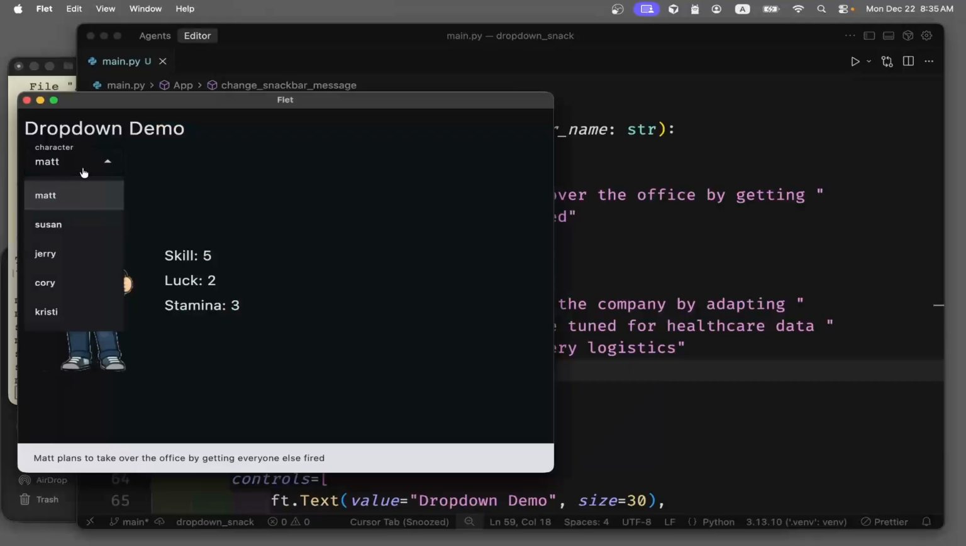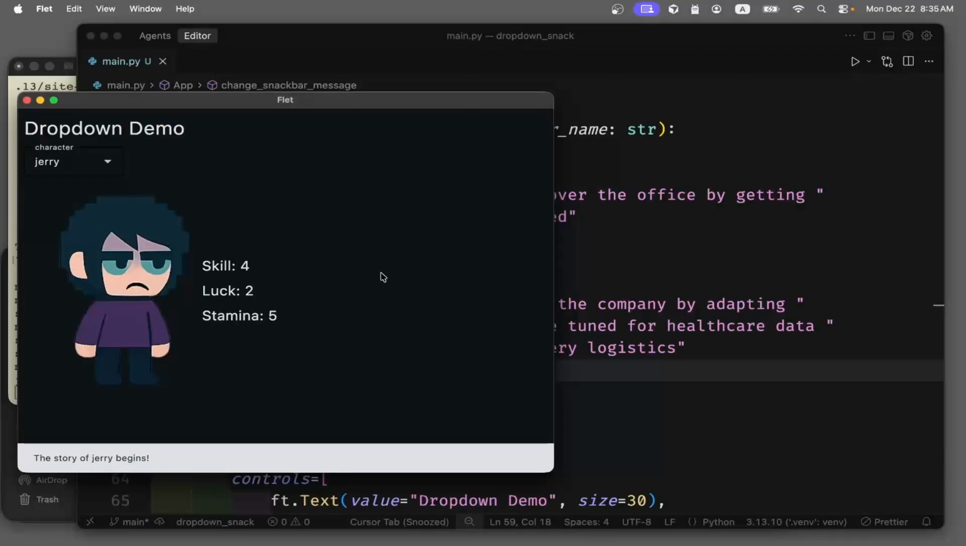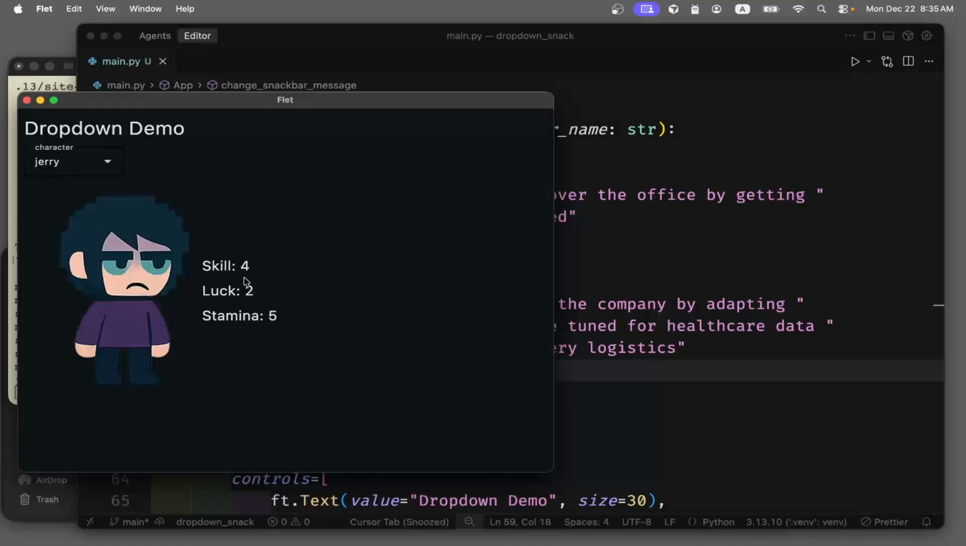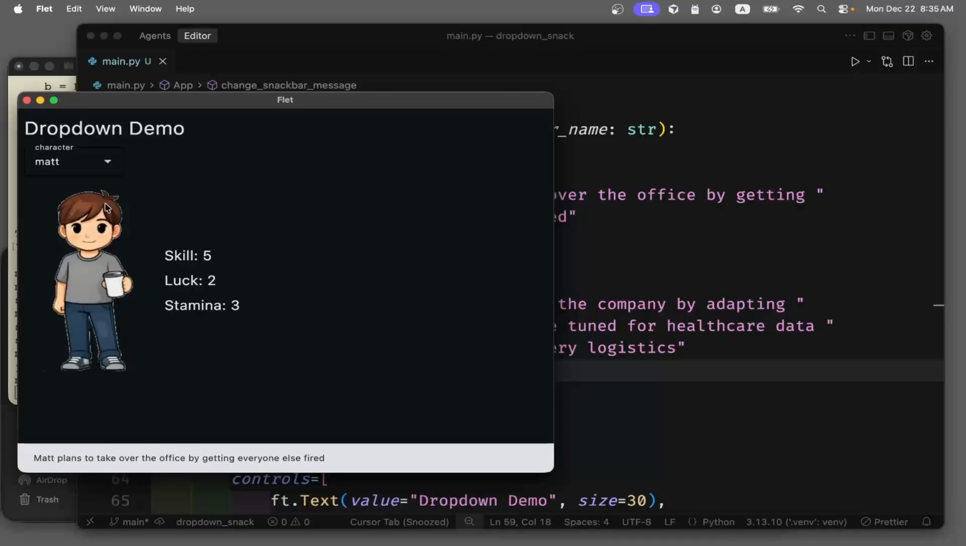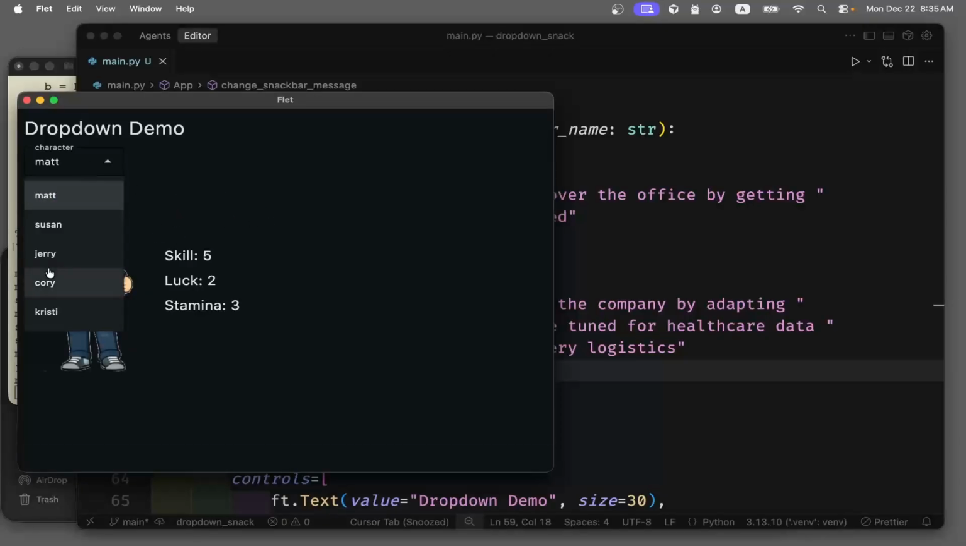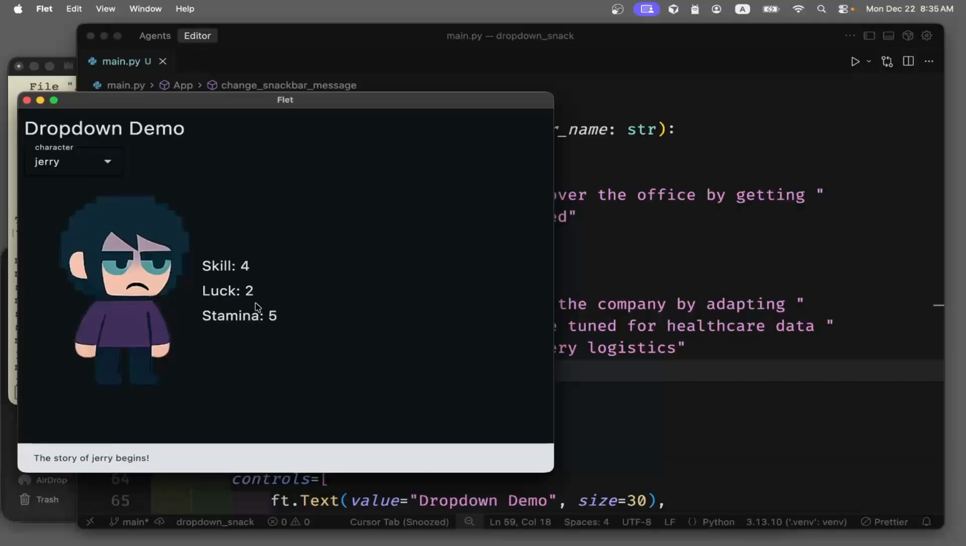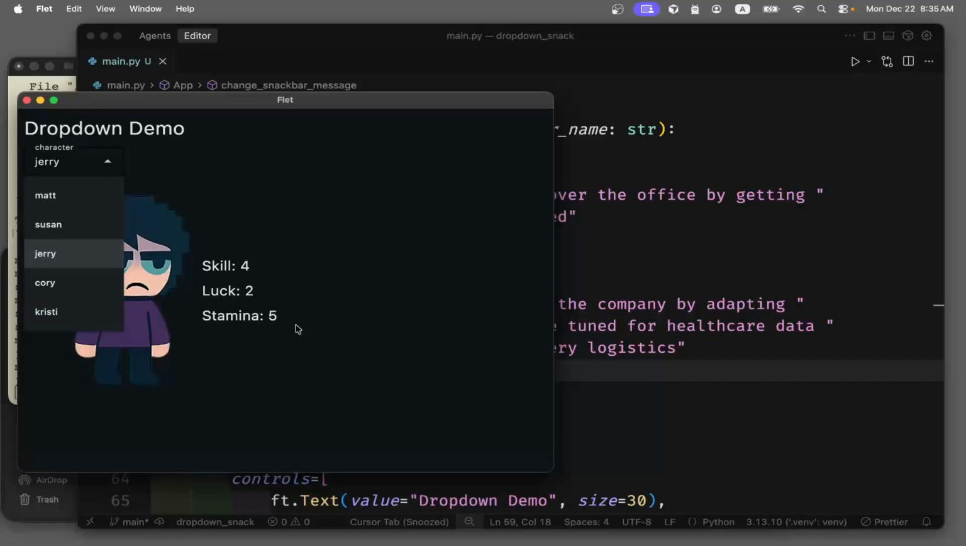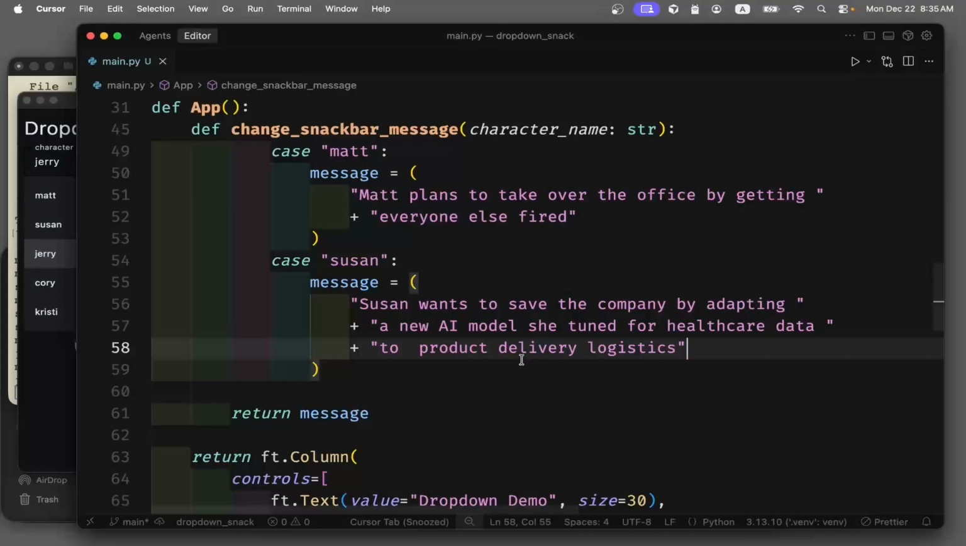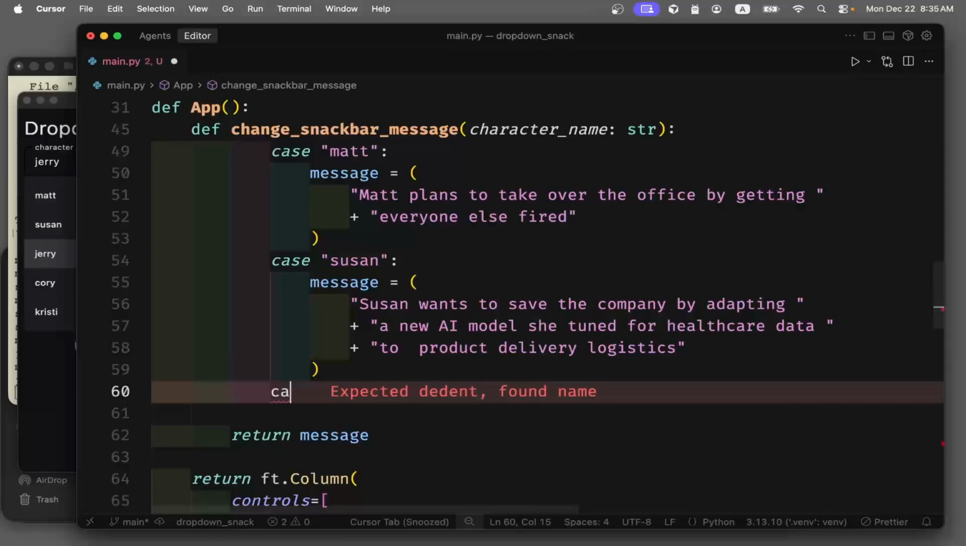So our next person after Susan is Jerry. Jerry has limited luck, moderate skill, and stamina. In a way, Jerry's kind of like Matt, right? But Matt's kind of skillful, at least in manipulating people. Jerry, not so much, but Jerry has more stamina. Okay, so Jerry's gonna support Susan. Case